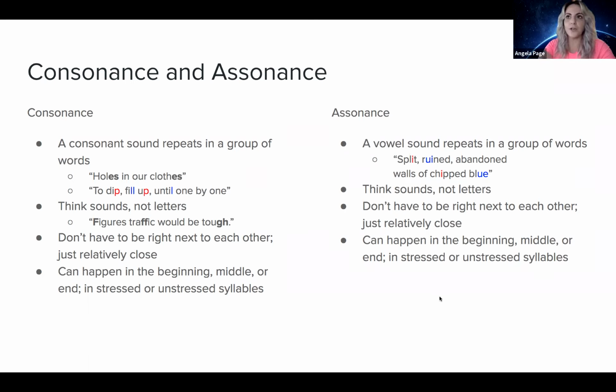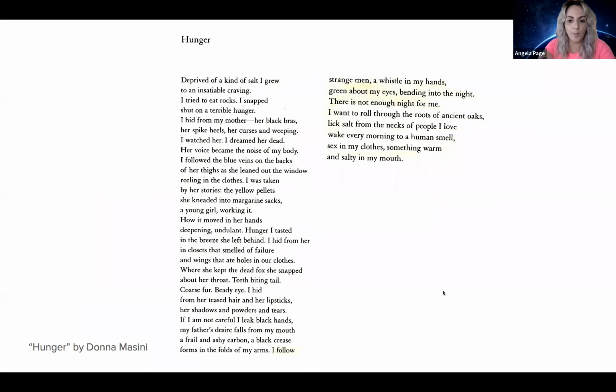So now we're going to switch gears and take a look at a poem. In this rendition of it, I have not underlined anything, but I want you to take some time as I'm reading it and listen for what you think are good examples of assonance and consonance. And then we'll move to the next slide, and there will be some examples that are actually shown by me. I've underlined quite a few examples in the poem. But right now we're going to read the piece together and just see what we hear.